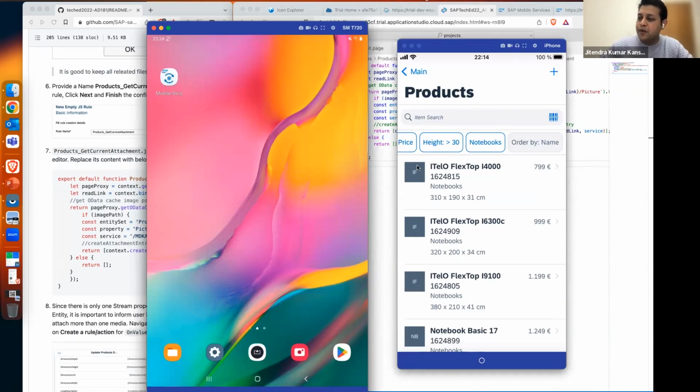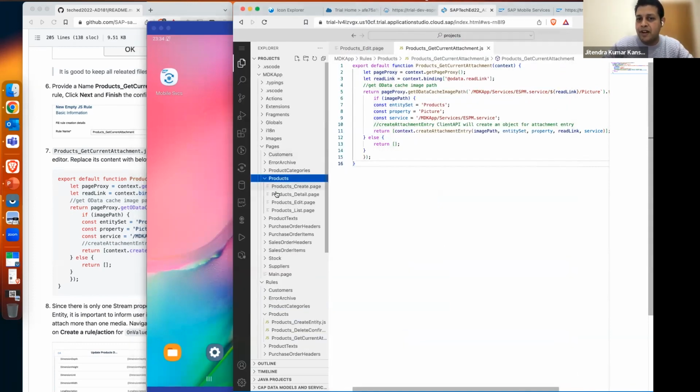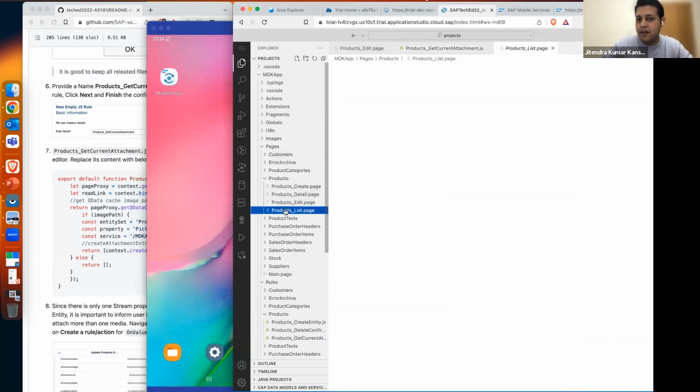And if I go to the detail page, there is also a placeholder in the object header. So this is the object header control in MDK, and this also has a property to display an image, right? And the template is generating a default binding on this control. So when I look into the product details page,